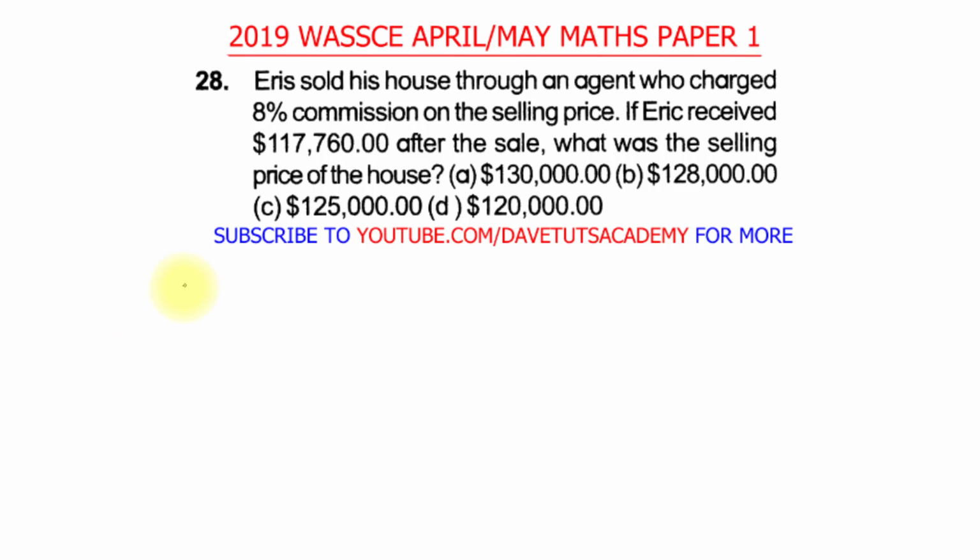let's take the price of the house. Let me just use this. I love explaining with this model. Let's use this model to explain that 100% of the money actually was received by the agent, but the agent had taken out 8% of the money. So that means 100 minus 8% of the selling price is what Eric received, and that amounted to